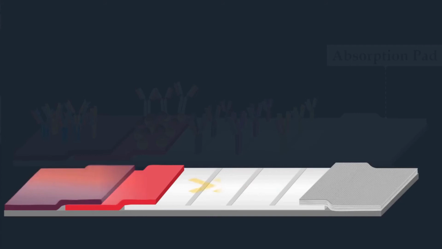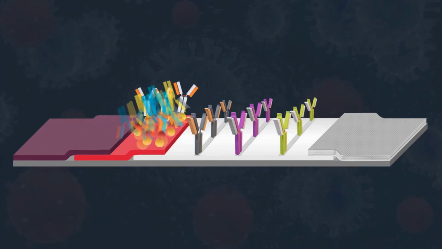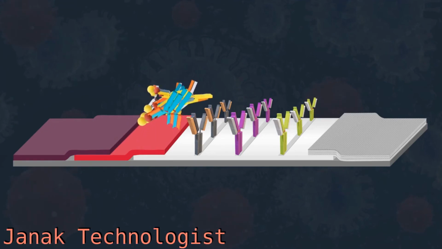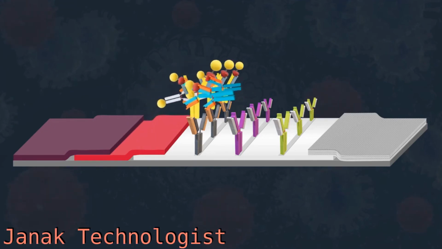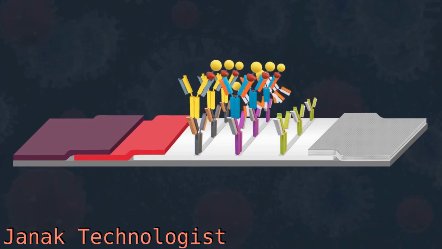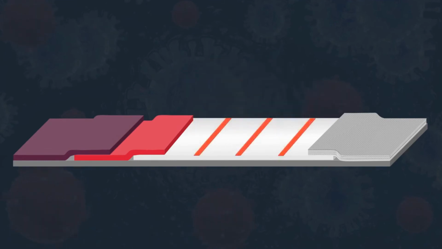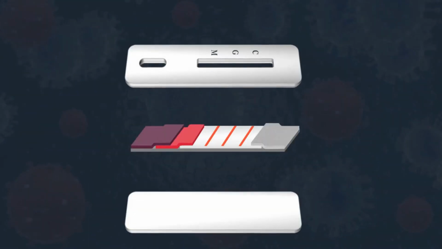The sample migrates laterally across the membrane by capillary action. During testing, the antibodies in the sample react with the SARS-CoV-2 antigen and its conjugate gold nanoparticles. In the conjugation pad, the mixture then migrates laterally across the membrane by capillary action, and the IgM and IgG antibodies are bound to the anti-human IgM and anti-human IgG antibodies, respectively, while the rabbit IgG antibodies are bound to the anti-rabbit IgG antibodies. Only those conjugated with COVID-19 antigen gold nanoparticle complexes will produce a visible colored line.